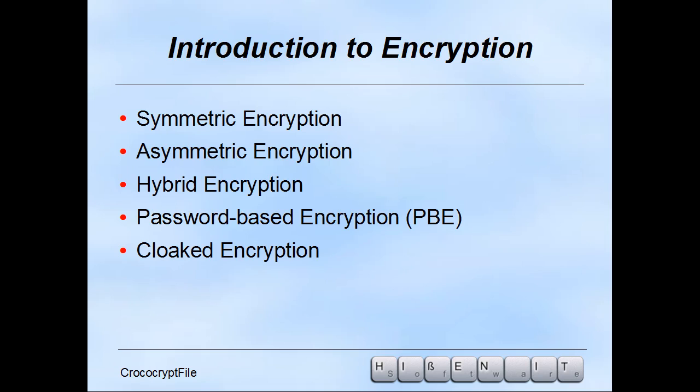Introduction to encryption. Cryptography has many areas, the most important one probably being encryption. We basically distinguish between symmetric and asymmetric encryption algorithms. Another widely used expression for asymmetric encryption is public key encryption. In practice, we mostly use hybrid encryption systems, like HTTPS over SSL or TLS respectively, S/MIME or SSH, and not